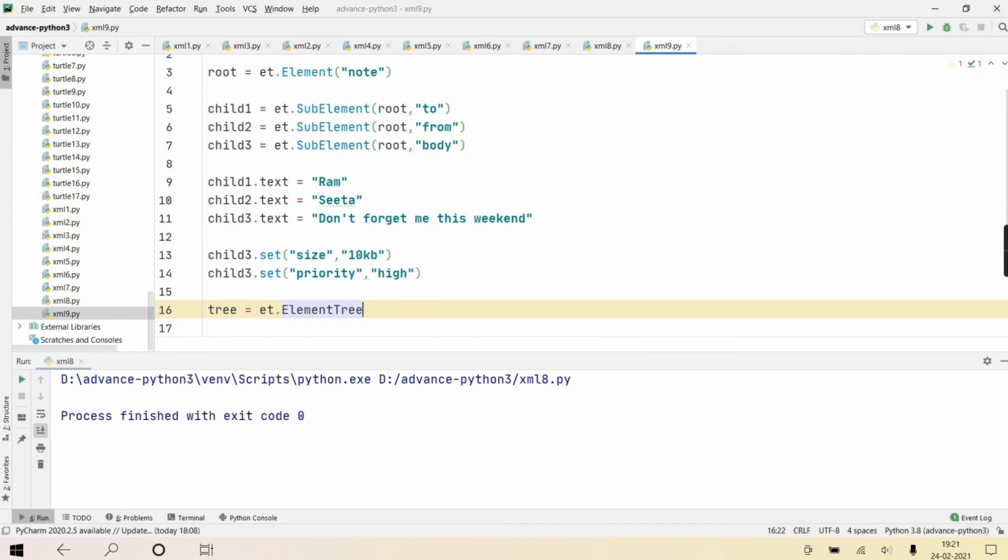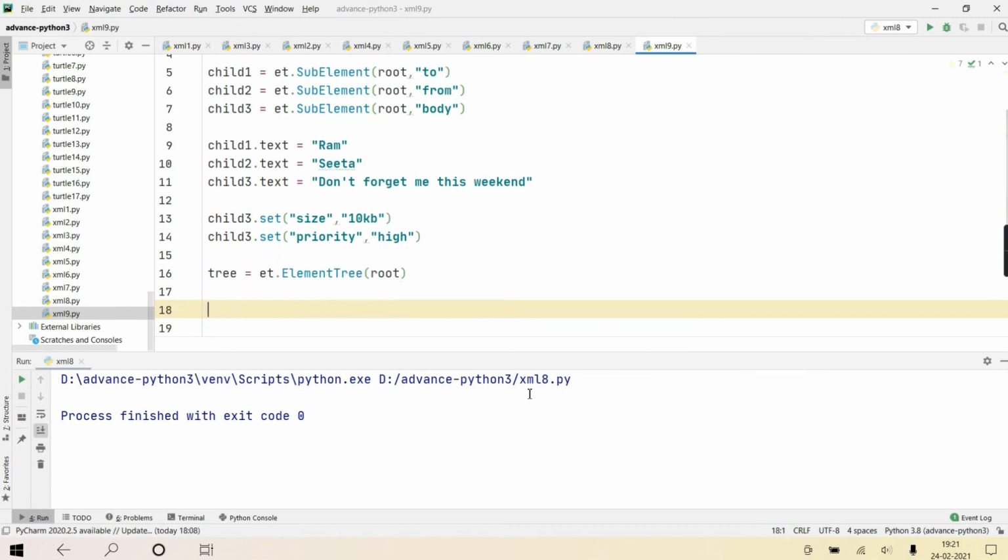You understanding? So the ElementTree class object you can also create, because they are classes. If they are classes, obviously you can create objects of them, right? So I'm creating an object of ElementTree, and to that I'm passing the root element. Okay, done. Now this is in memory.